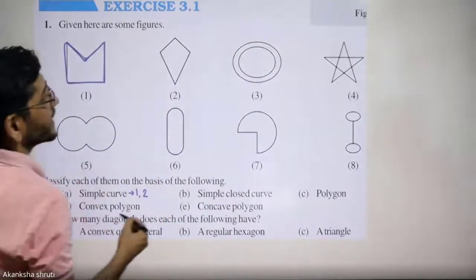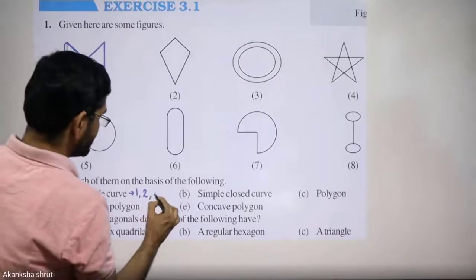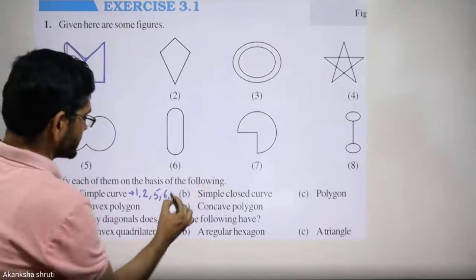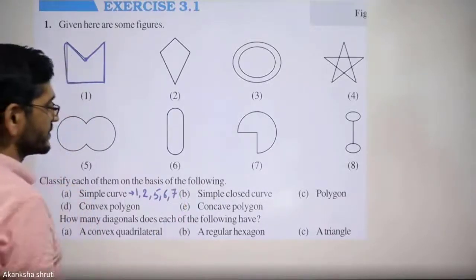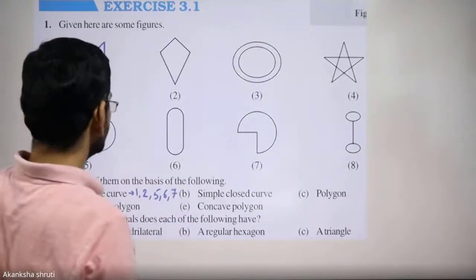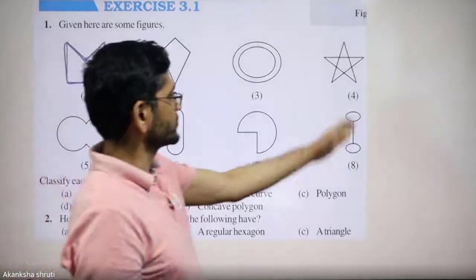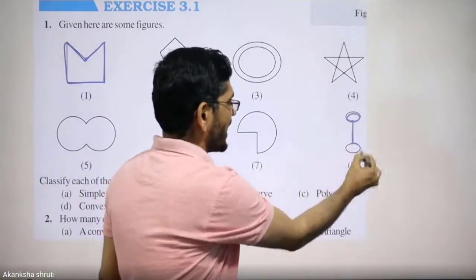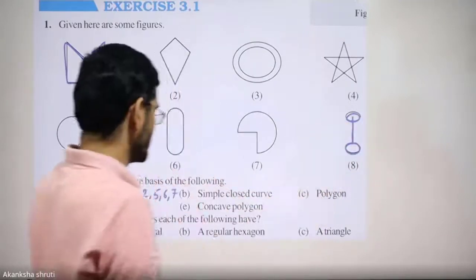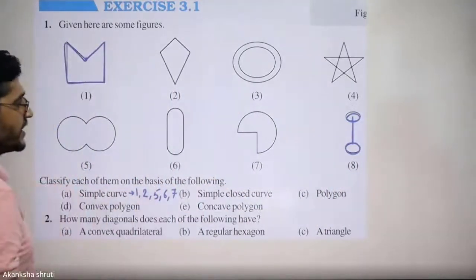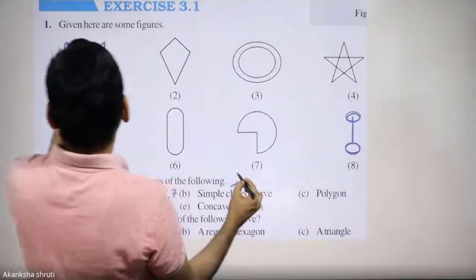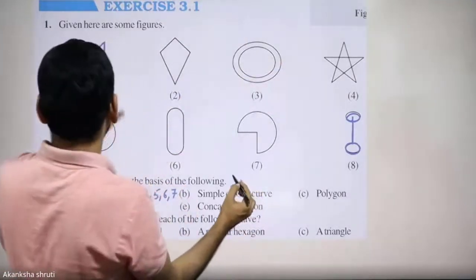Take this, then this 5, then 6 also, and 7 also. Students, this is also not a simple one, because starting from here, you are not getting a simple path, rather coming back, there are many possible paths. So these are the simple curves, though all these are also closed. Simple closed curve, even all these given here are closed only.